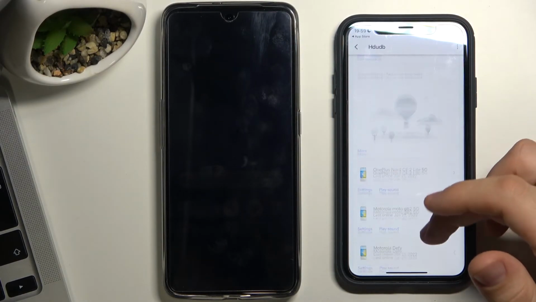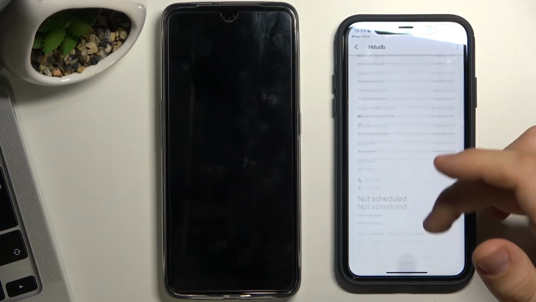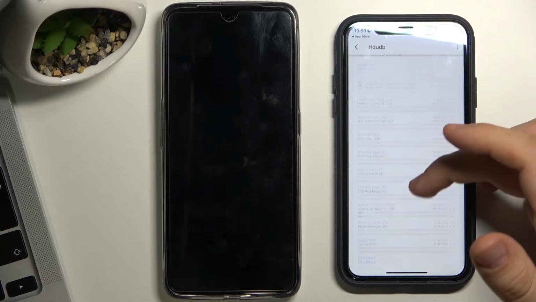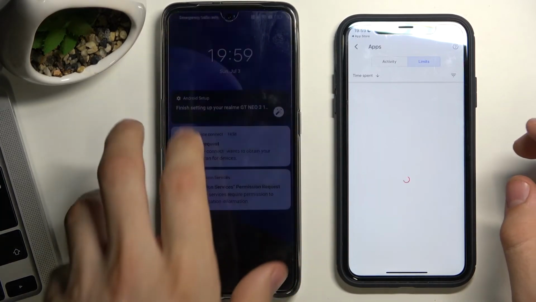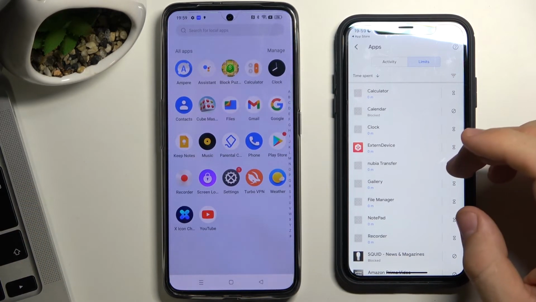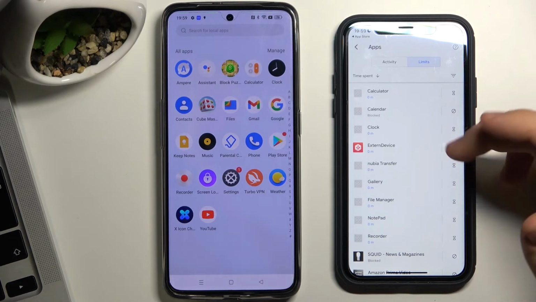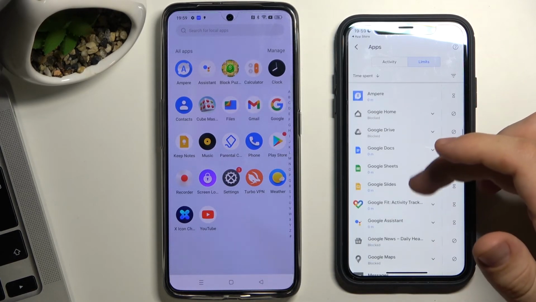We can block his device, we can block separate applications. For example, how can I block separate application? To do it, click more, and for example I want to block TurboVPN application. How can I do it? So click more, find here TurboVPN application,